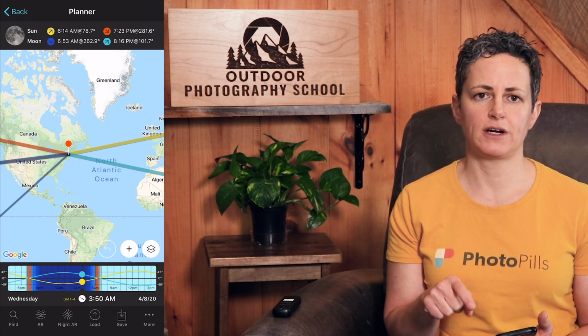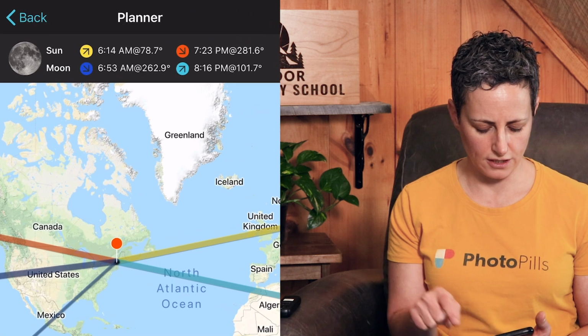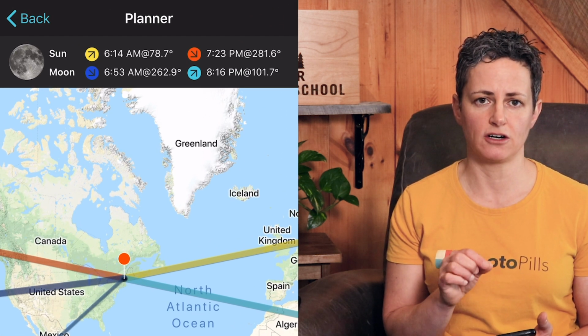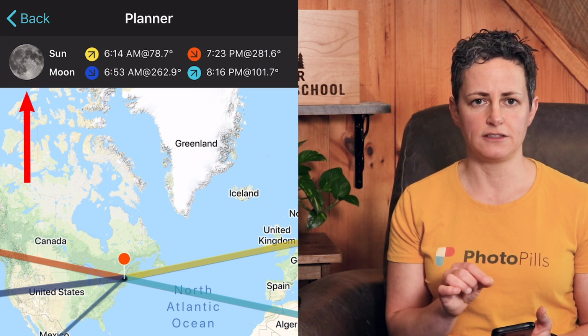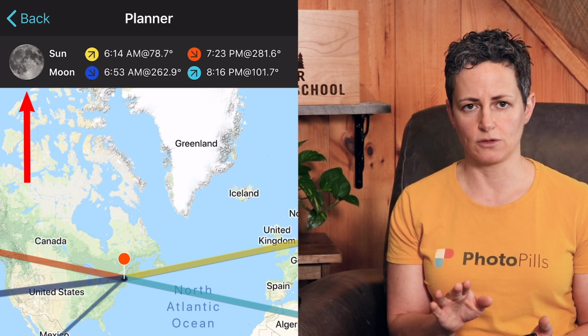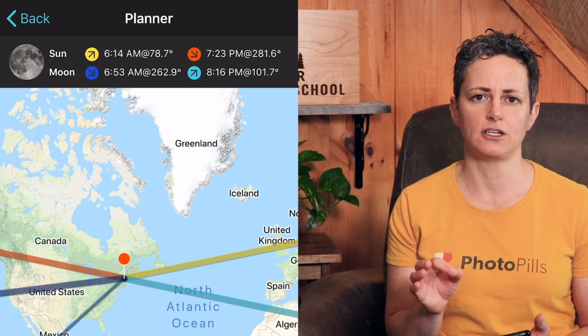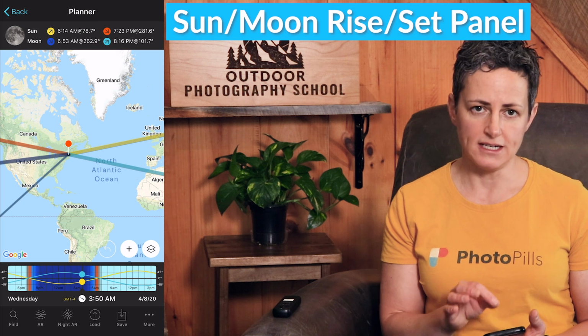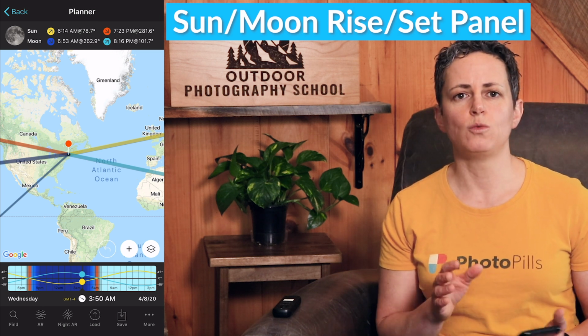Scroll the top panel to the right to go backwards to the 4th panel of the top bar. Depending on when your time and date are set, you may see a different icon than that's on my phone right now, and that's okay. We'll go over the icons that you'll see in this panel in just a second. This panel is the sun or moon rise and set panel, and it tells you when the sun and moon